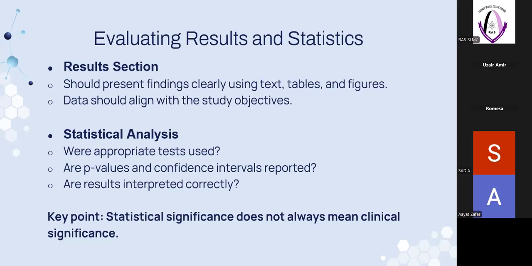What does that mean? A drug lowers the BP by 5 mmHg. I have already given that example. It is statistically significant. Yes, the drug is actually lowering blood pressure, but it is not clinically significant. I cannot give that drug to hypertensive patients as an anti-hypertensive drug. Why can I not give it? Because 5 mmHg is not a significant decrease in blood pressure. So, as a researcher and as a doctor, critical analysis is important.